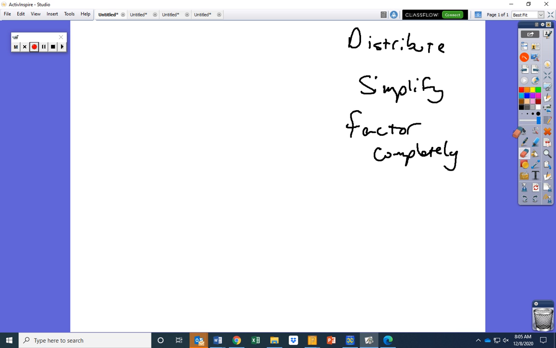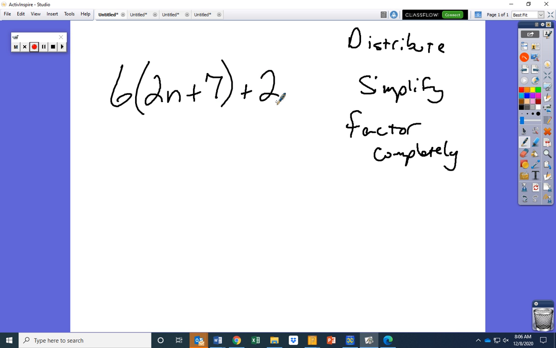All right, peeps. Try this one. 6 times (2n plus 7) plus 2. I need to simplify this. What do I do in order to simplify this? I gotta